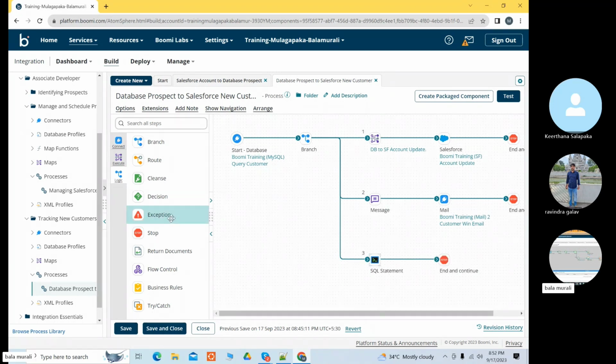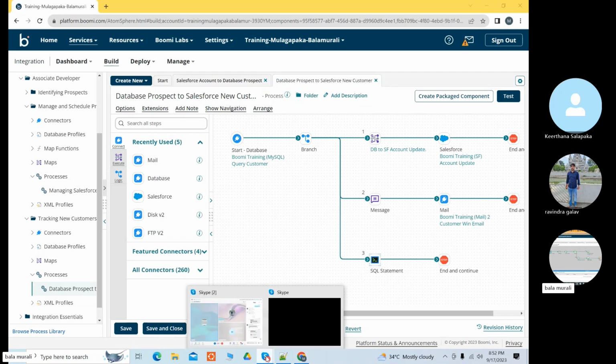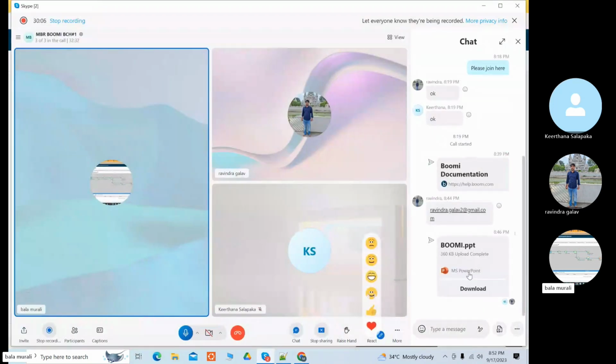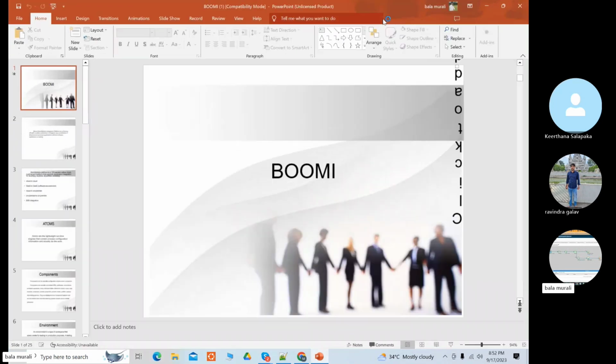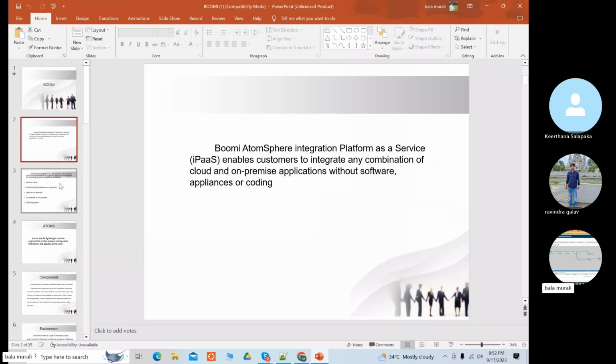That's it. By the end of this course and certificate, you will be able to know what is the clean shape, what is the exception shape, what are the execute shape, what are the connection shape. Just refer to this documentation. It will be very helpful. Before starting, I want you to go through this documentation, it will be good. Just refer to this documentation, you will get an overview. If you don't understand also, no problem.